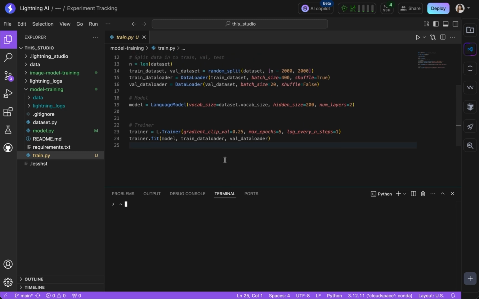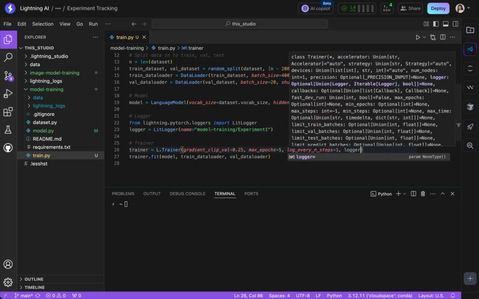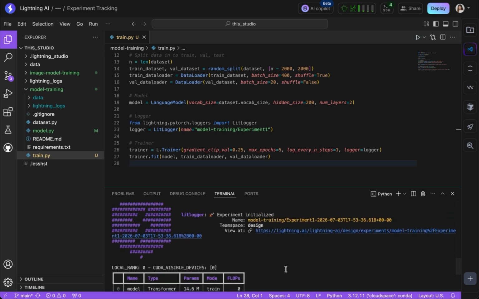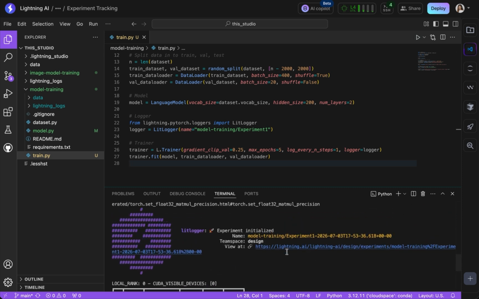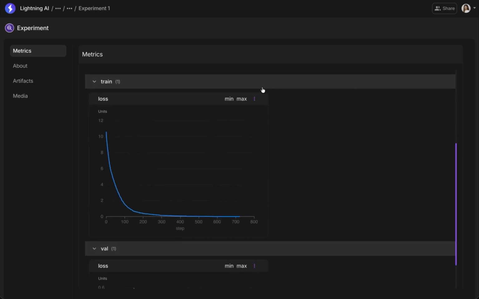In just 2 lines of code, we can add experiment tracking and artifact management. Please visit our docs to get more examples of the code you might need for your particular use case. Now, we can import the LitLogger library and pass the logger object to our trainer function. Rerun the script, and now we'll see our experiment initialized. Easy. Now, when we follow the link to our experiments page, we see the experiment logs, including metrics like epochs